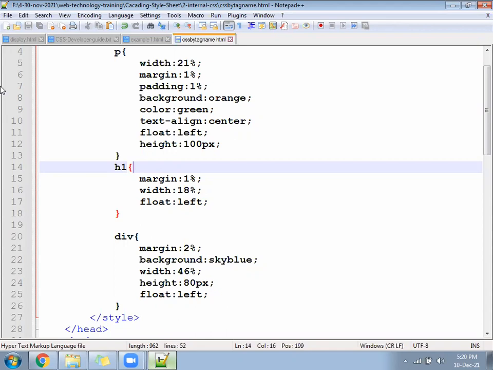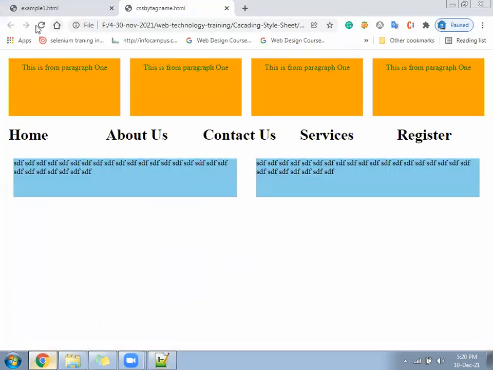What did we write, padding top or margin top? Padding top, 40 pixels. Why did I say 40 pixel? Because the total height of the paragraph is 100 pixel, and to run this line we need some space, say 15 or 13 pixel.